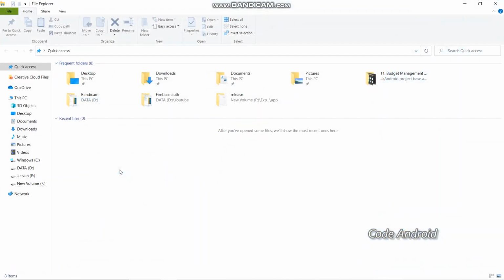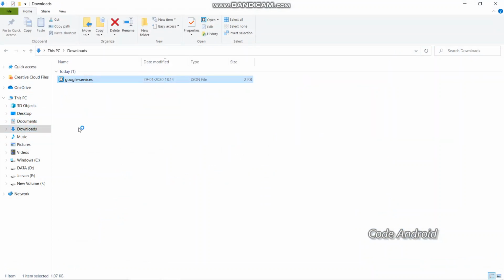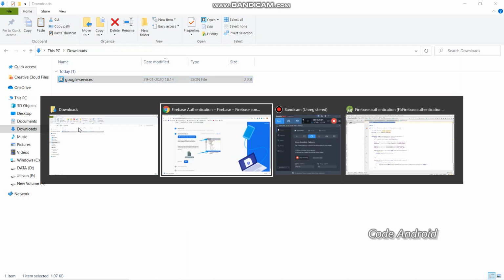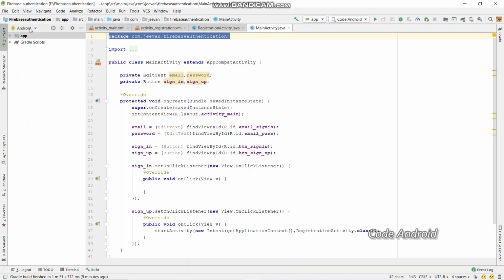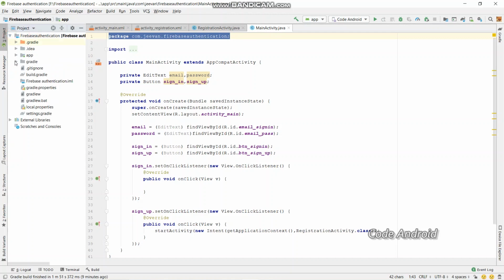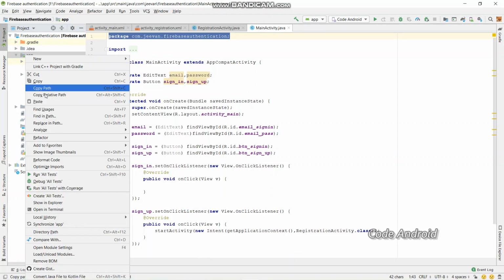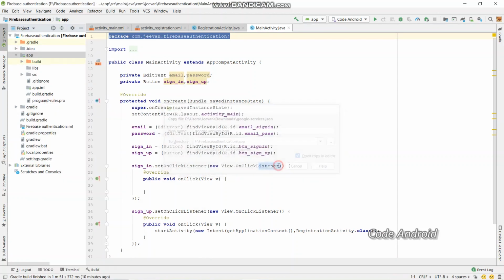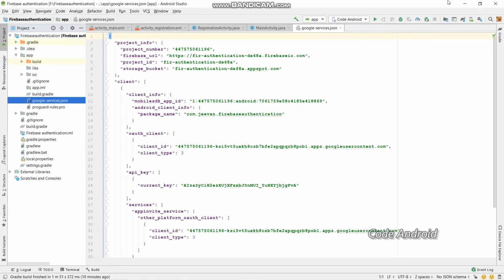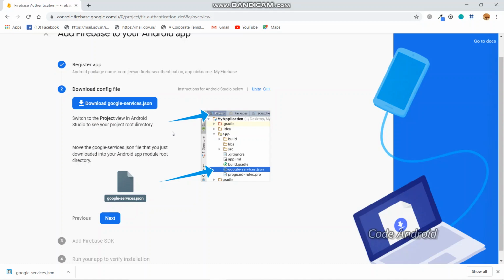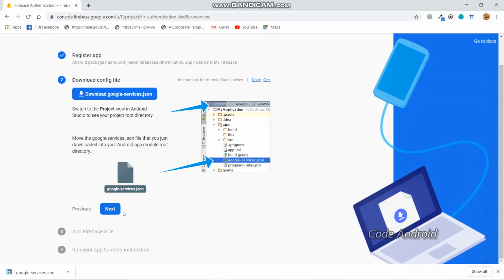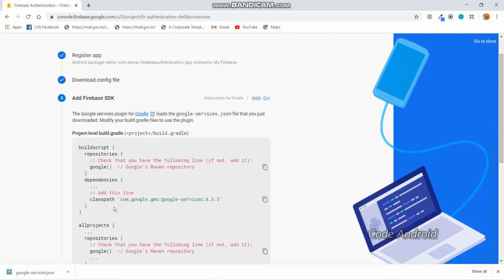Now go to Downloads and copy this .json file, and open Android Studio and go to Project, and in the app you should place that .json file. Click OK. That's it. Then come back to Google. That is, click on Next